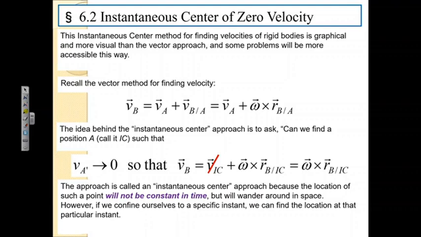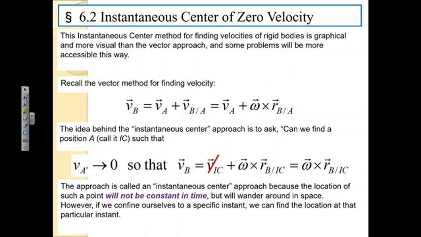So we'll be able to write our velocity of some point as the velocity at the instantaneous center. So at the center of the rotation, instantaneously, it'll be 0. You're going to have some angular velocity of that body crossed with the vector to point B from the instantaneous center. Now, the goofy part about this instantaneous center, the nice thing is that all these lines are going to be perpendicular to the velocities. But the goofy part is that